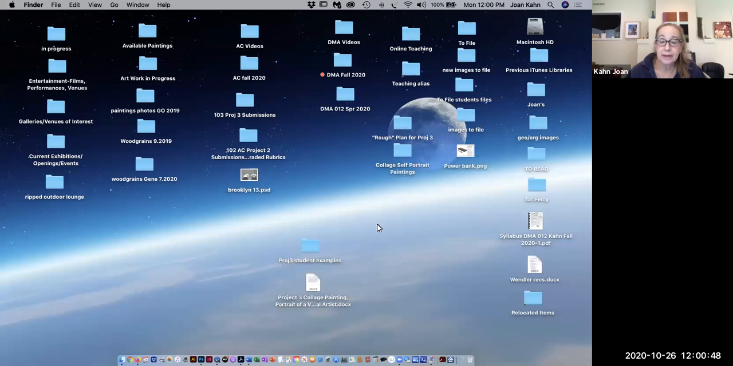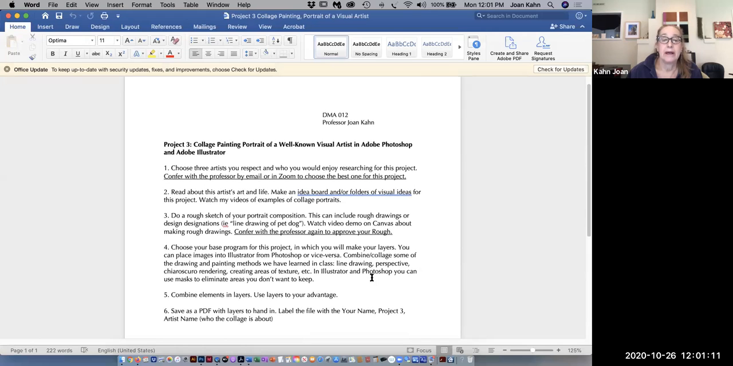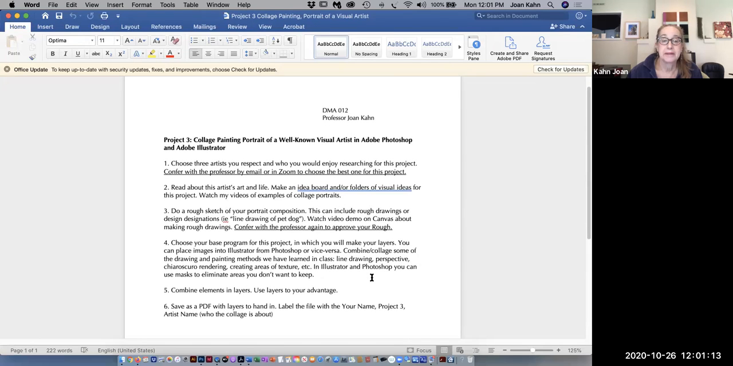In Project 3, we're going to do something a bit more conceptual. We're making what I call a collage portrait, and you're going to pick an artist. I'm going to read right from the project sheet so that you can hear me read it and go over it, explain it. So Project 3, collage painting portrait of a well-known visual artist in Adobe Photoshop and Adobe